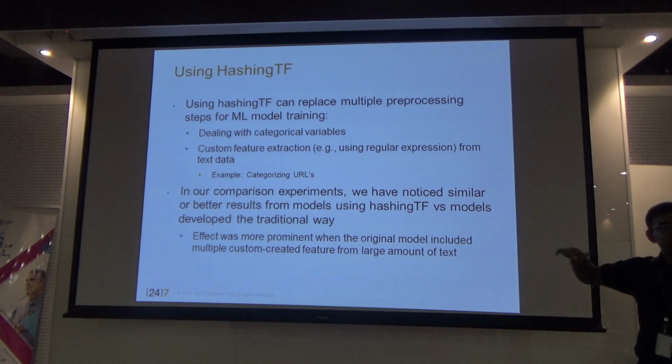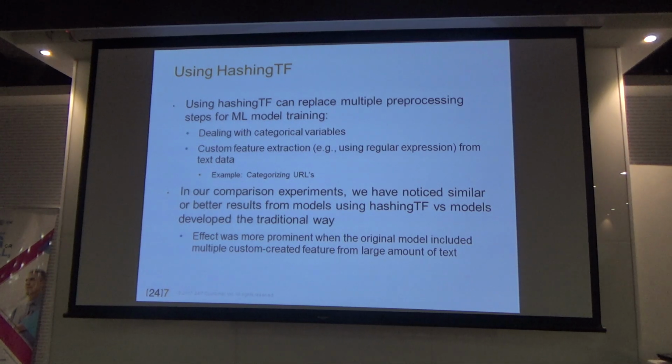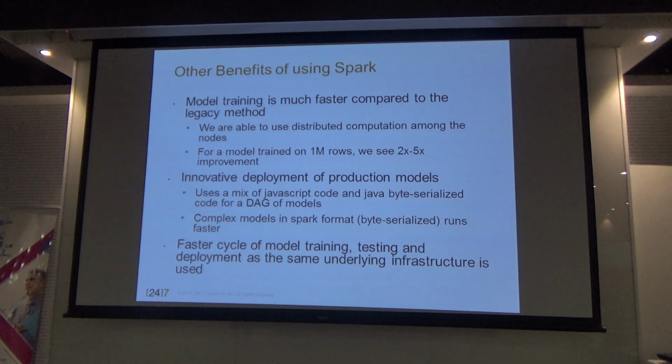And now we just do this, and it provides us pretty much the same sort of accuracy and prediction in terms of achieving our goal, right? So that is actually a standard feature in Spark. I would recommend you guys take a look at it, especially for cases where you are using custom feature engineering from text inputs. Obviously, the model training here is much faster compared to the legacy method.